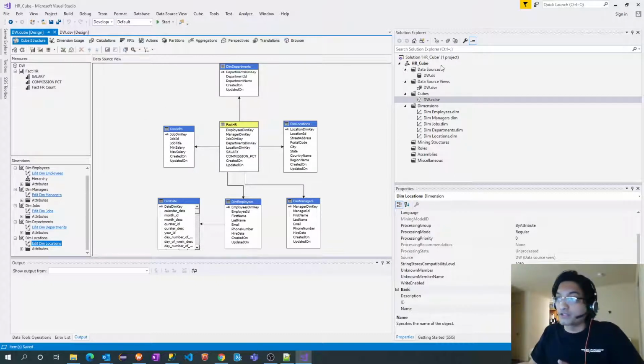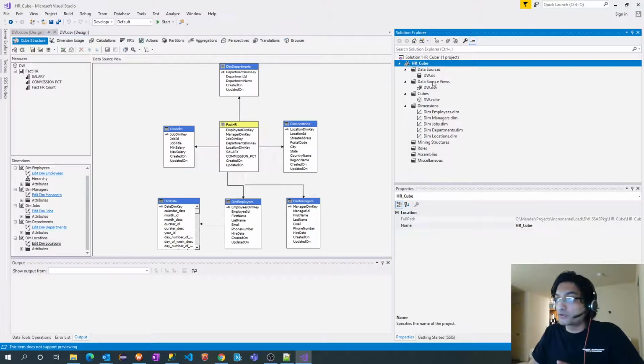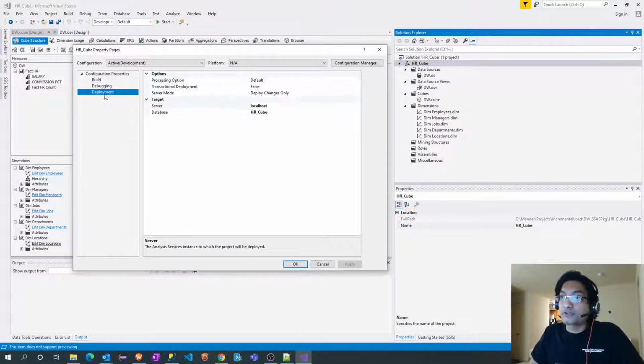So once our cube and dimensions are created, the final thing we have to do is deploy our project. So to deploy the project, right click on the project, click on properties, and you get to see the deployment option here. Now these are the default attributes which got populated automatically. Now my server is localhost. If you have any other server, you can change this server as per your need. And now this server is again SSIS server, not the DB server. I have installed SSIS cube on my local server again, so that's why this localhost will still work. Database, I will keep this HR underscore cube as of now, and I will go with default attributes basically.